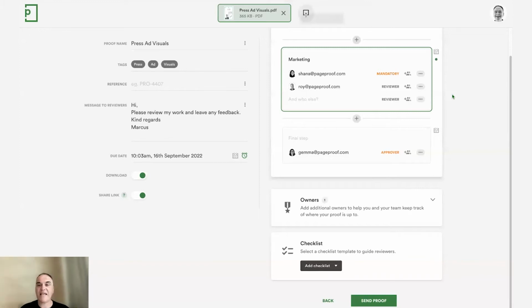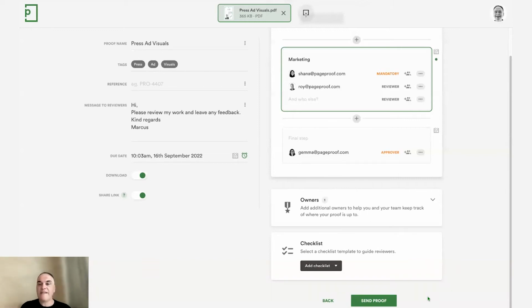So taking that same scenario again, I go down and I click on send proof. It's going to send email to Shana and Roy, and it's going to stop. And it's going to wait for Shana to make a decision because she is mandatory. However, Shana and Roy can both leave comments. They can both interact with the proof, but PageProof is waiting for Shana because she is the mandatory in this step.